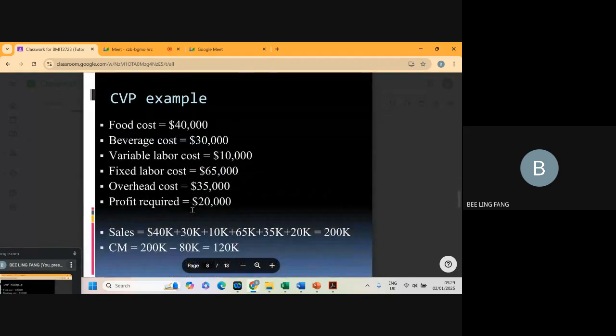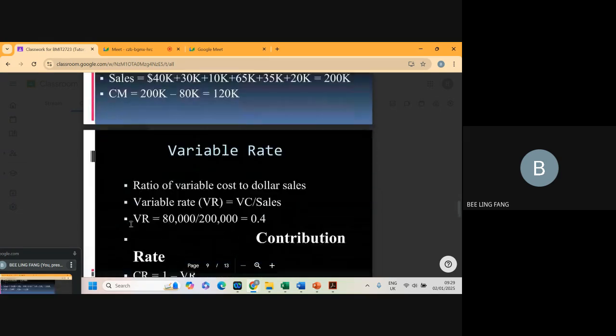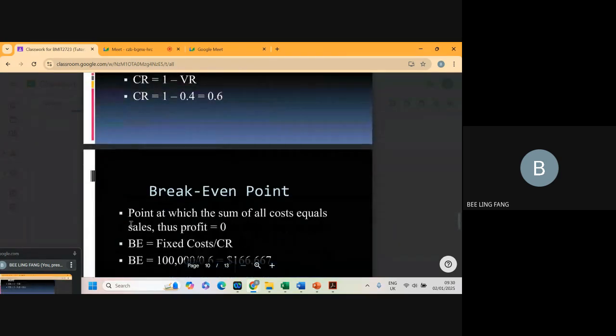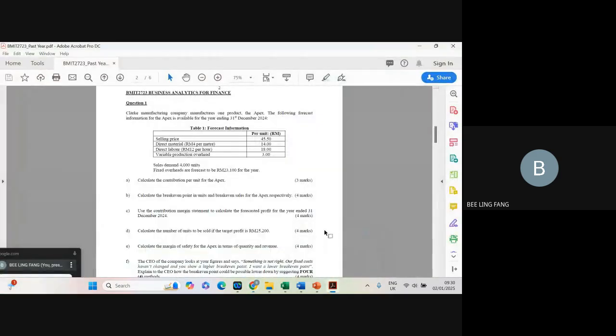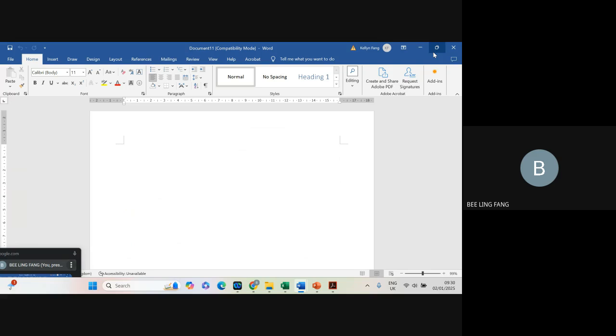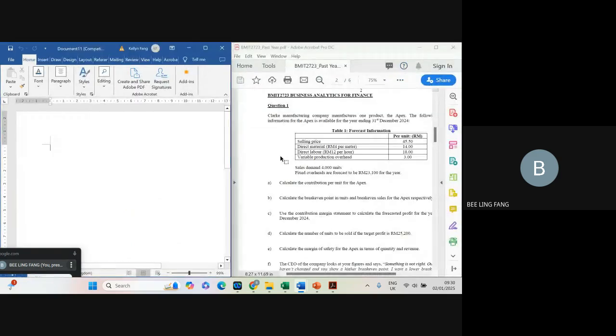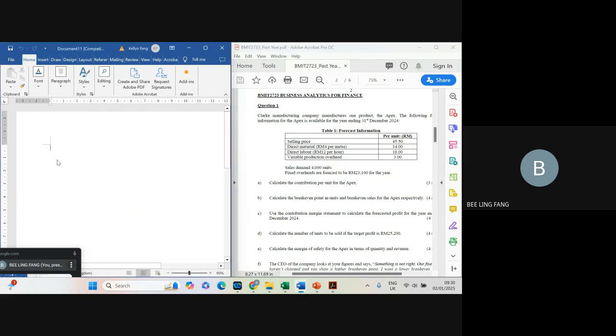So you can refer to the example here. So how to calculate the contribution margin, right? I think this is a very good example, so make sure you go through it. Okay, the formula here. Now I go straight to the final exam. Just open a blank one. Okay, let me just see. We just do a quick calculation here. So let's say